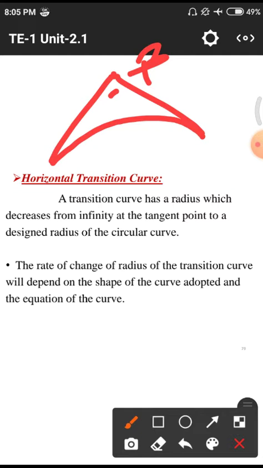This is the rate of change of radius. If there are eccentricities, that means E values. Normally a circle has equal radius, but in case of parabolas and hyperbolas we have these eccentric conditions. Whenever the curve looks parabolic or hyperbolic, we need to provide eccentric radii, so that we design the transition curve according to the shape of the curve, climatic conditions and other needs. Today we will discuss those.